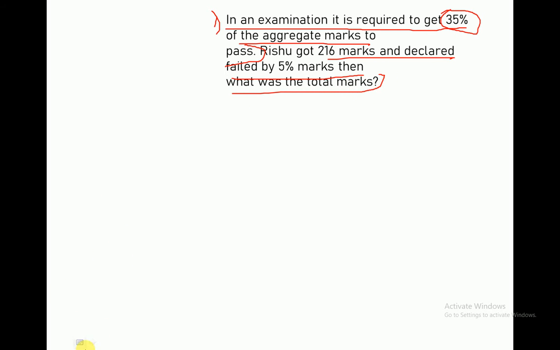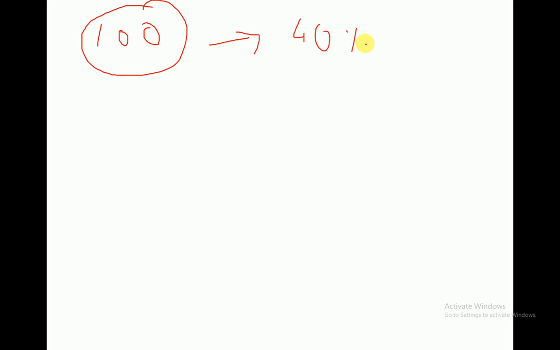So first understand what it says. You are giving an examination, and most of the time, let's say the total marks is 100, and let's assume that the passing percentage is 40%. So you got certain marks, let's say you got 38. Since the total marks is 100, you can assume everything to be in percentage.